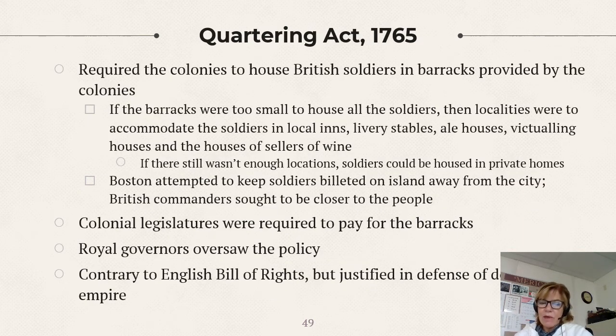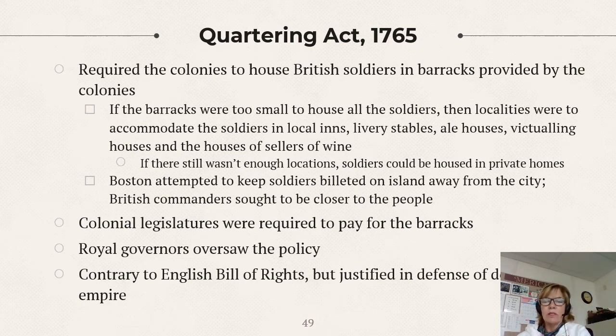Right. Another act that they passed was the Quartering Act. Now, many people think incorrectly that soldiers could just go live in your home. Actually, it stated that the colonies had to provide barracks for the soldiers. So some of them built them. In Boston, for example, they built them on an island off the coast so that they wouldn't be that close to the citizens, but the soldiers kept trying. The commanders wanted them to be close, kind of like they were regulating the citizens, not protecting them. So you had to have that. If you didn't have the barracks, there could be inns, as it says here, livery stables, alehouses, all sorts of things. It was only if all other resources were exhausted that then they could go into your home.